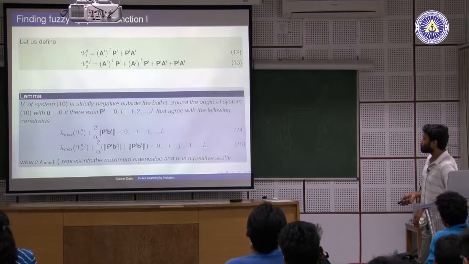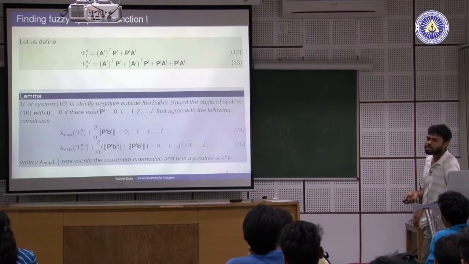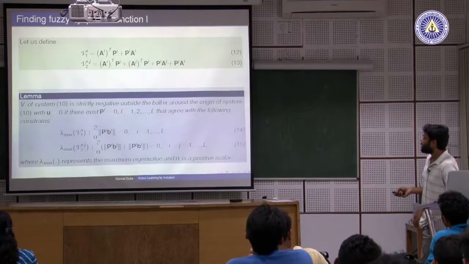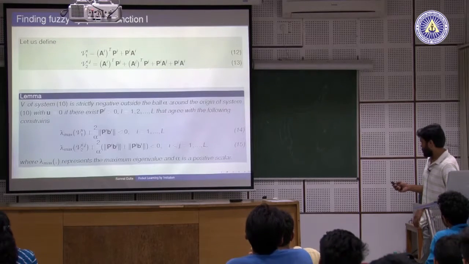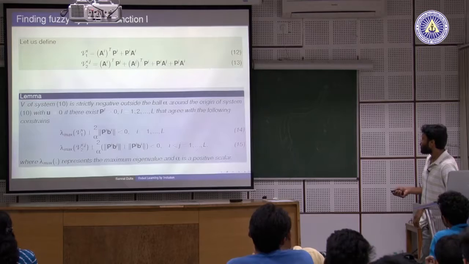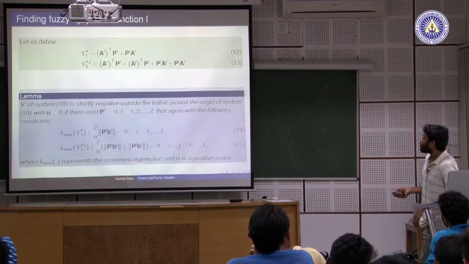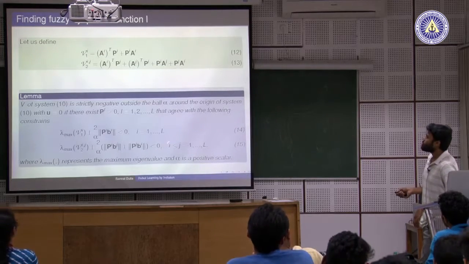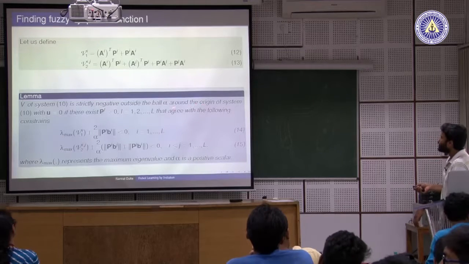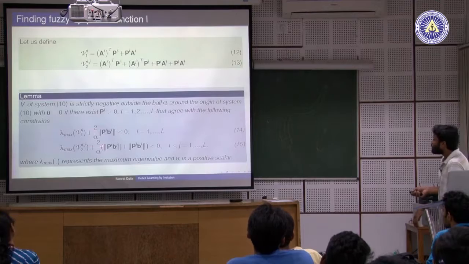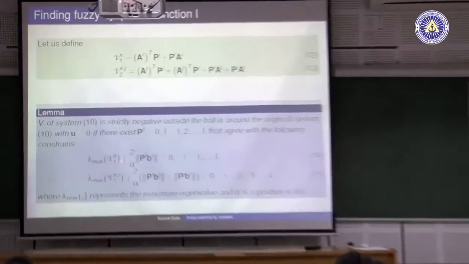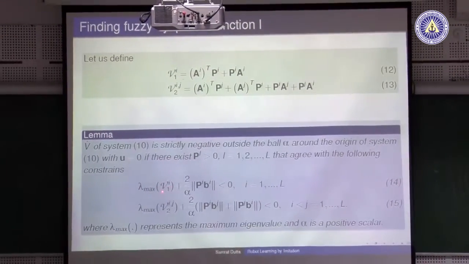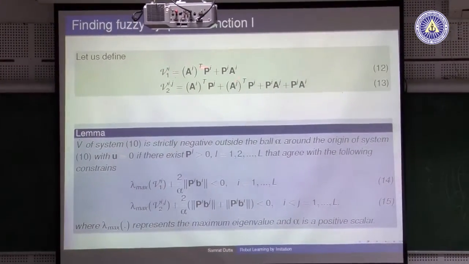So, to first find the Lyapunov function of the system, we propose this lemma. What we do here is, to make the system stable, we need to find some B such that this one is... alpha max is basically the maximum eigenvalue of this term. What is this term? This term is this,